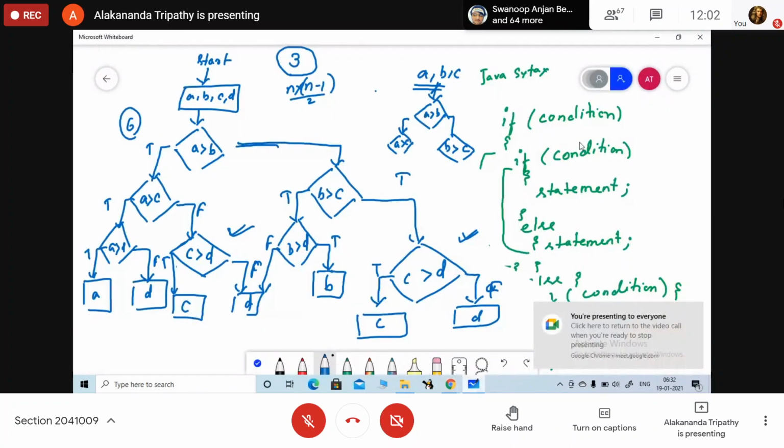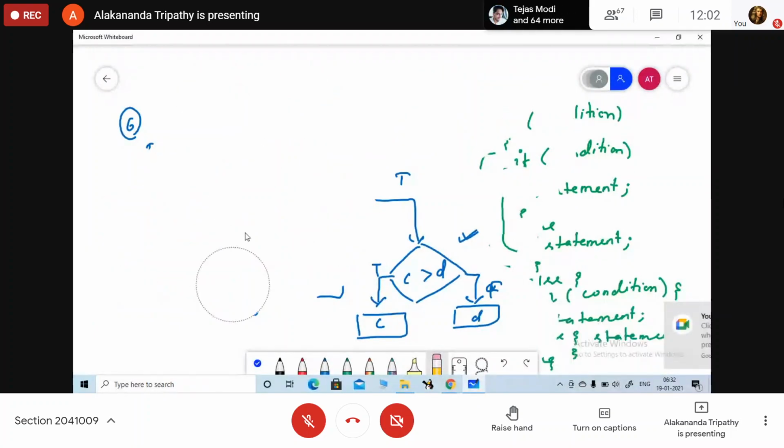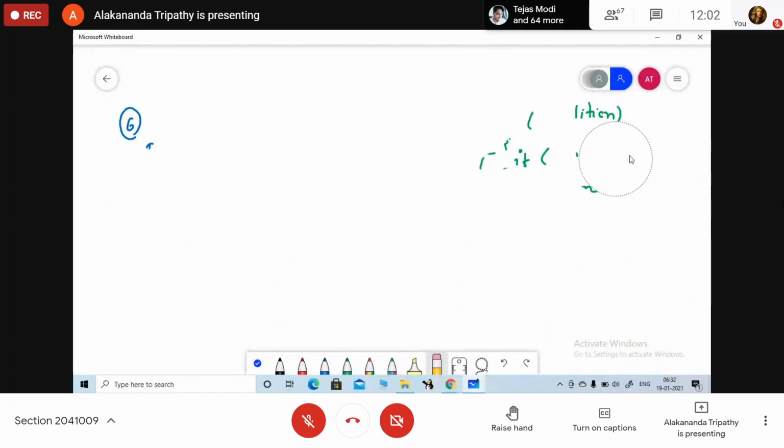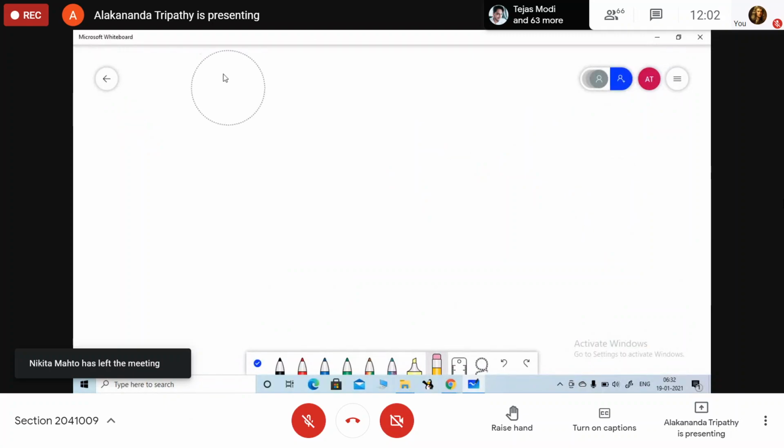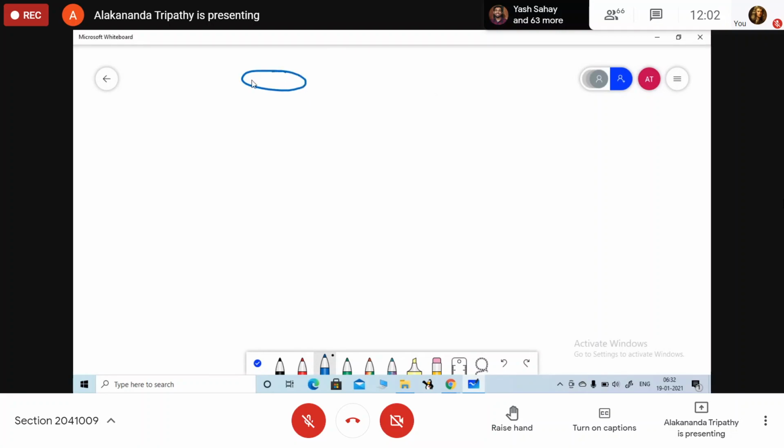So we are discussing this part in the last class, to find the largest among three numbers. I am doing it again without using any if statement or loop. Without any and clause, we are going to find the largest among three numbers. So what do we need to start here? Start.